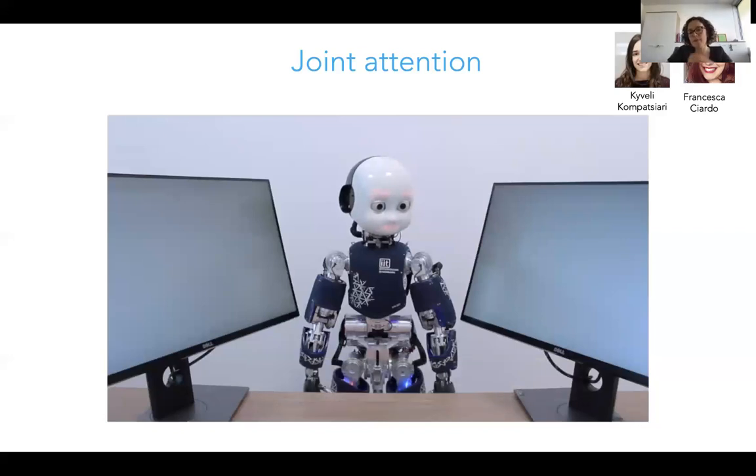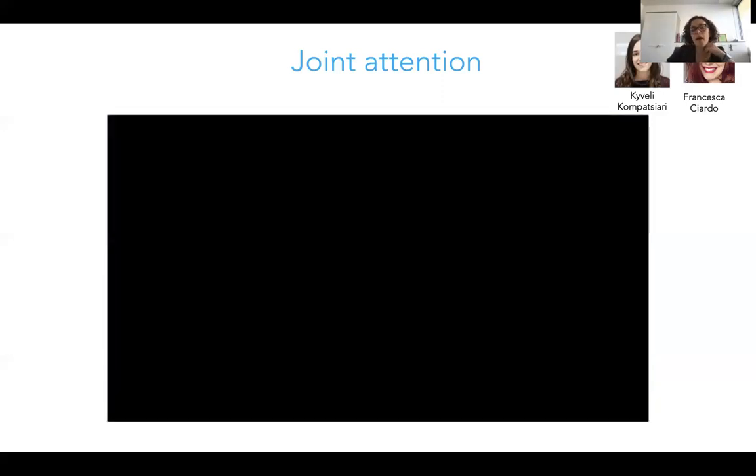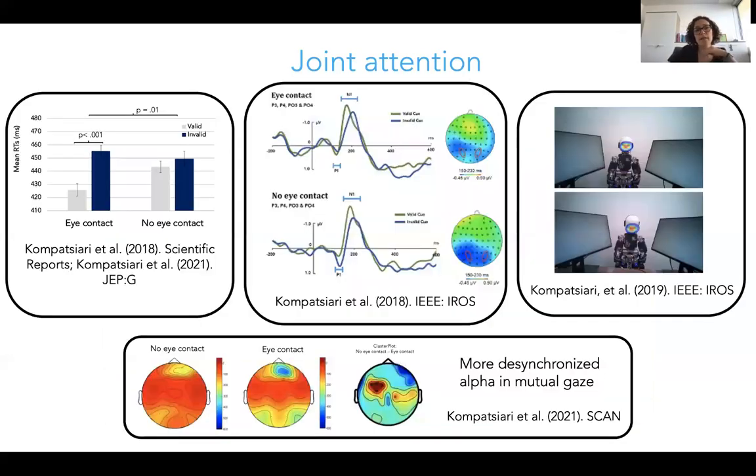So having done this paradigm, just very quickly, participants had to respond whether the target letter was a T or a V. So a simple discrimination task. What we have observed is first, I mean, this was a whole series of studies. So we ran many of those.